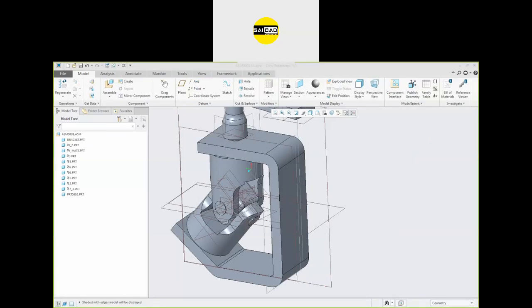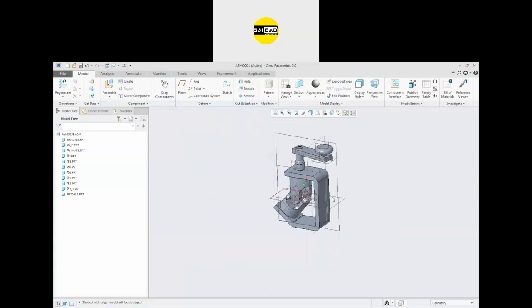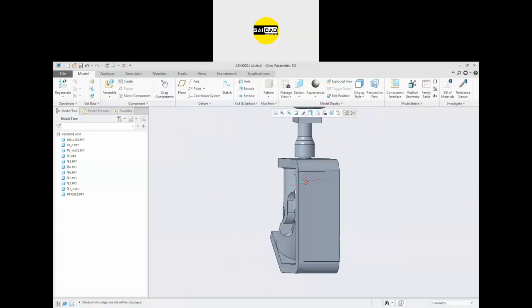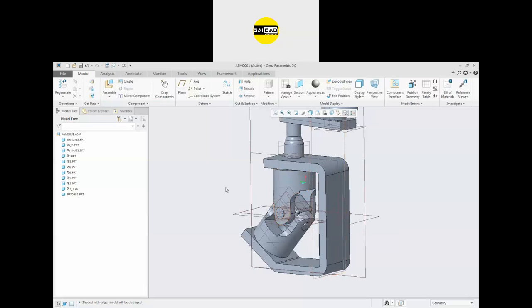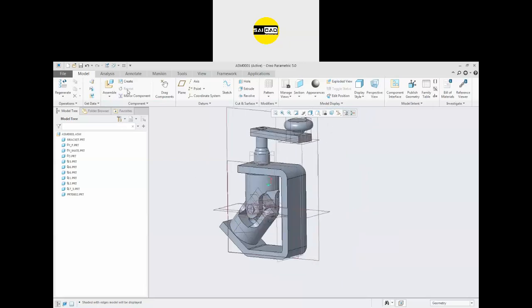I'm getting some problems repeatedly day by day, so I have to just reinstall the software and there will be no issue after that. So I will cover the create part in the next session, because in the next session we will have some few commands, like how to repeat the component and how to mirror the component.